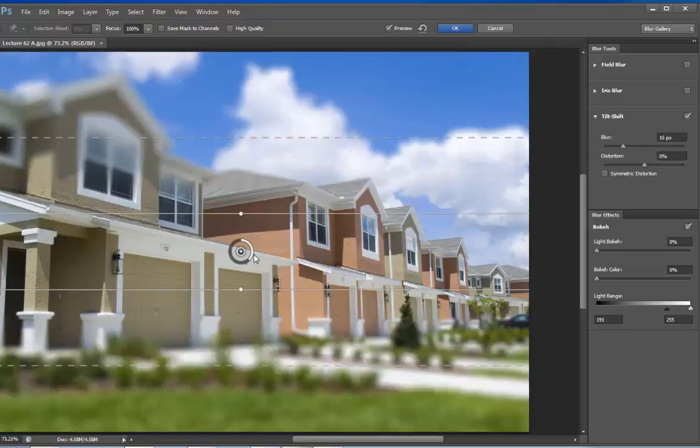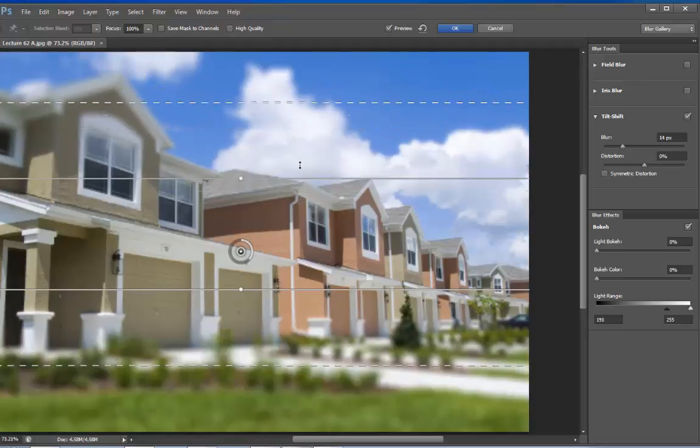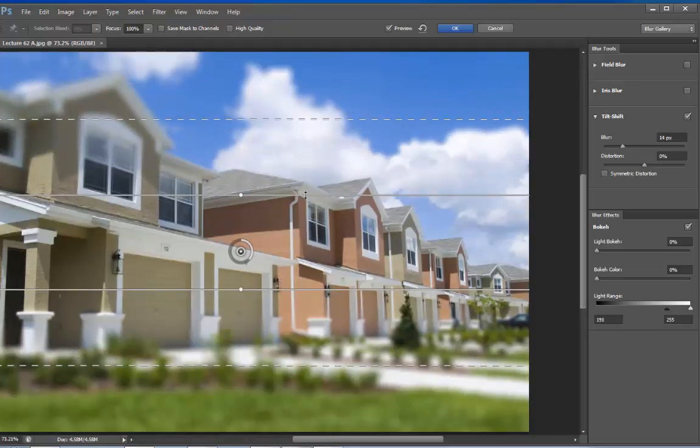This also has similar controls to adjust the amount of blur. Now this one has these two sets of lines above and below. This one is really good for creating depth of field. We can grab these lines, the upper ones and the lower ones, and move them up or down. This first line determines where the blur is going to start. So this is where we have some nice sharp pixels and then they start to blur.